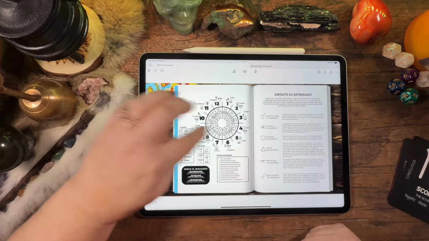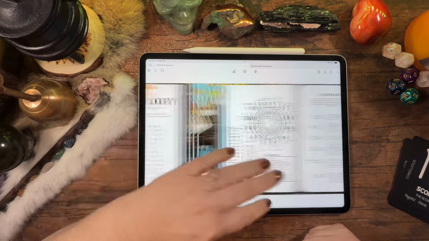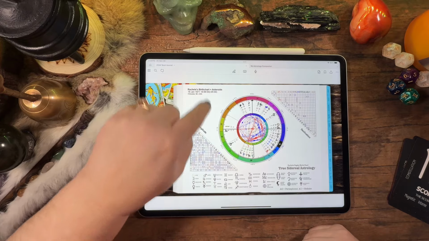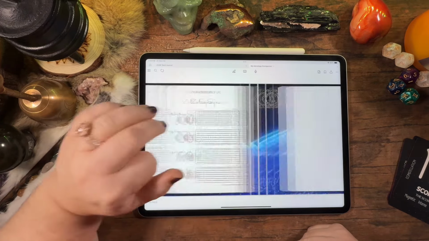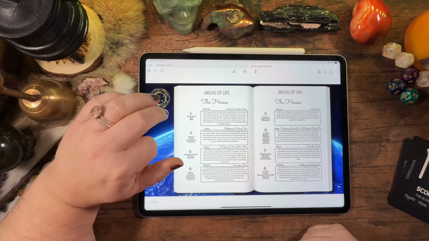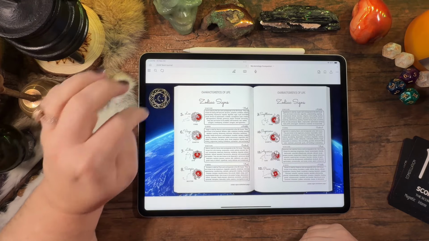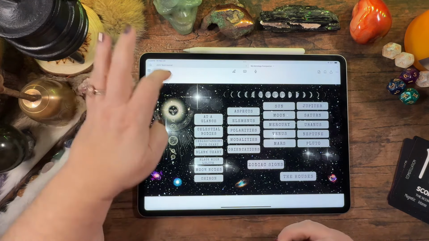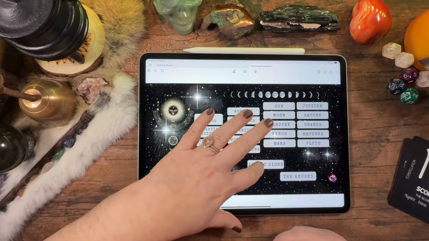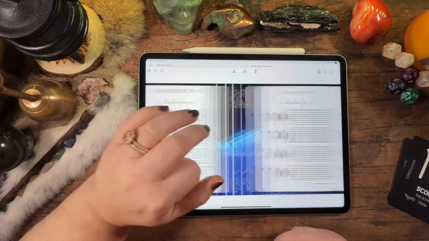Ophiuchus is not in here. Did I ever put, hang on. Did I ever put extra? I don't remember. I don't think I did. So when I think of Ophiuchus,